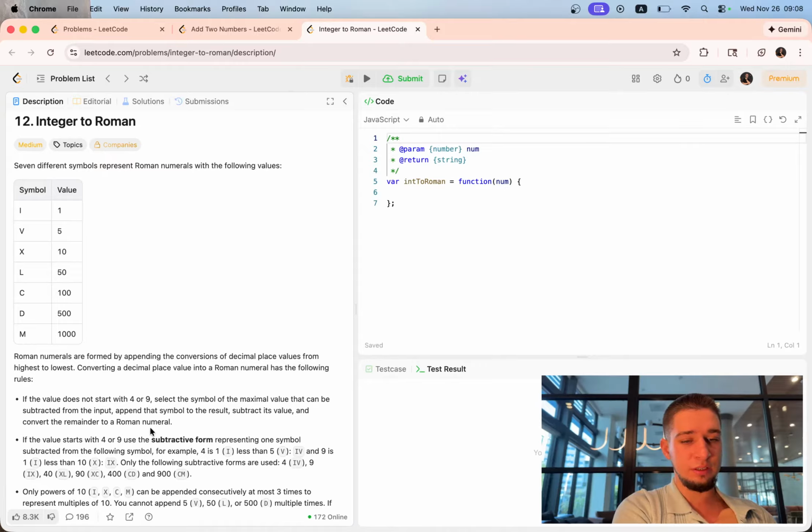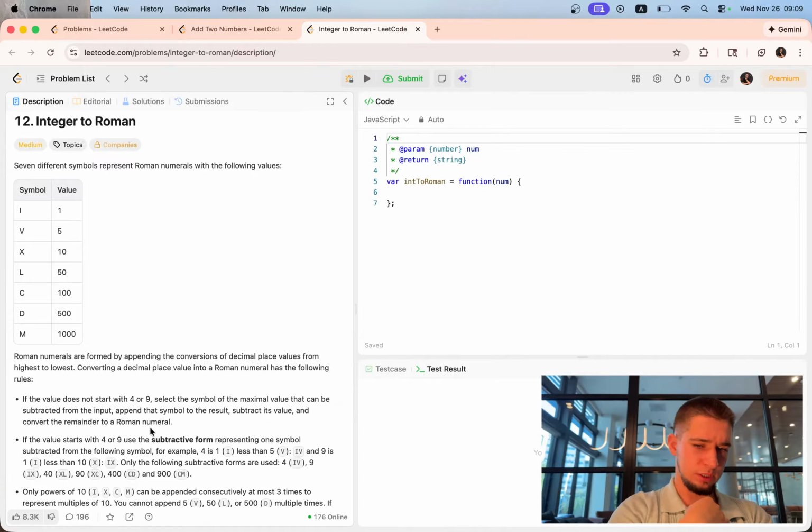Append that symbol to the result, subtract its value, and convert the remainder to a Roman numeral. If the value starts with 4 or 9, use the subtractive form representing one symbol subtracted from the following symbol. For example, 4 is 1 less than 5, and 9 is 1 less than